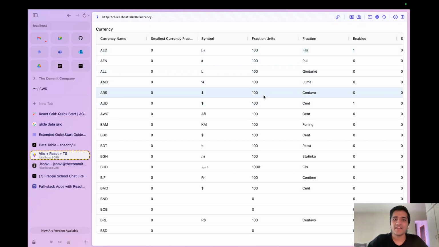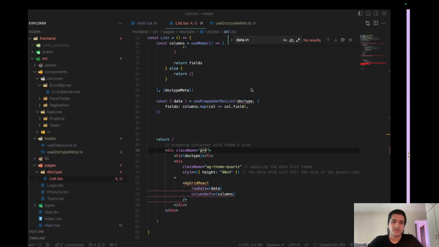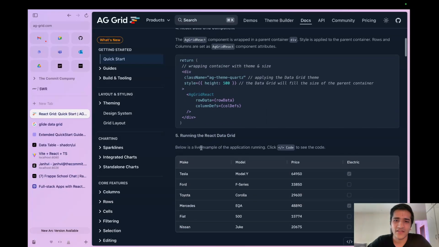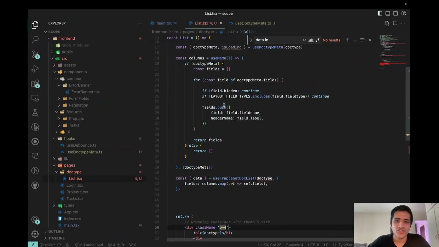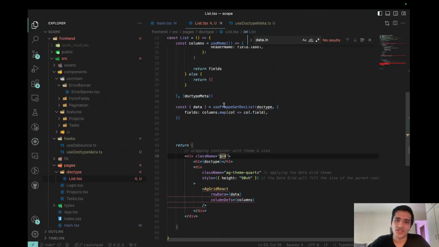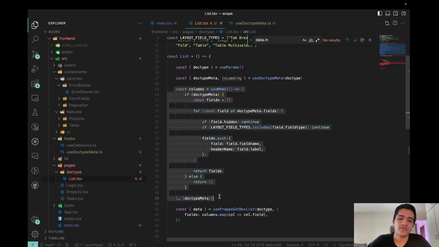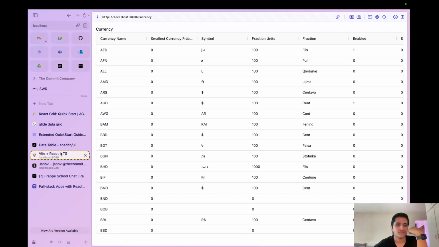And then let's say if you wanted to format these things. So for example, this could be a checkbox, right? Enabled. It's showing up as 0 or 1. You can do that using the value formatter or the cell content in a cell component. So the cell renderer, I'm pretty sure there is a cell renderer for checkboxes there, but you'll have to create these columns like that, right? And so yeah,